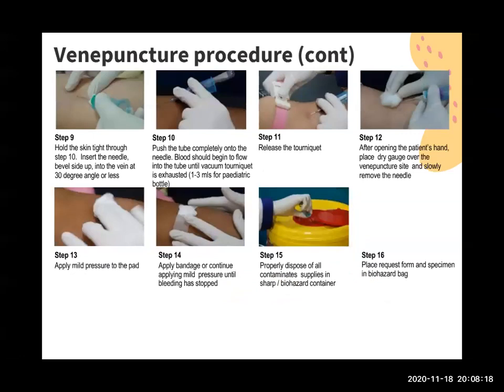And then hold the skin tight through step 10. Insert the needle and the bevel should be sided up into the vein at a 30-degree angle or less. Next, push the tube completely onto the needle, and then the blood should begin to flow until the vacuum is exhausted. For the pediatric patient, the bottle is 1 to 3